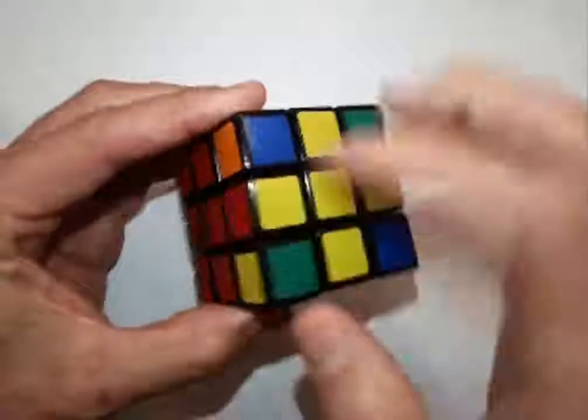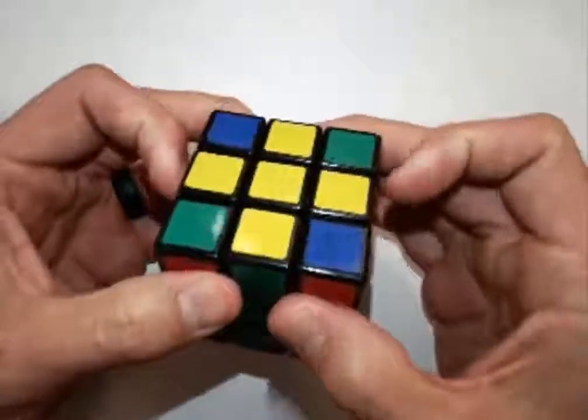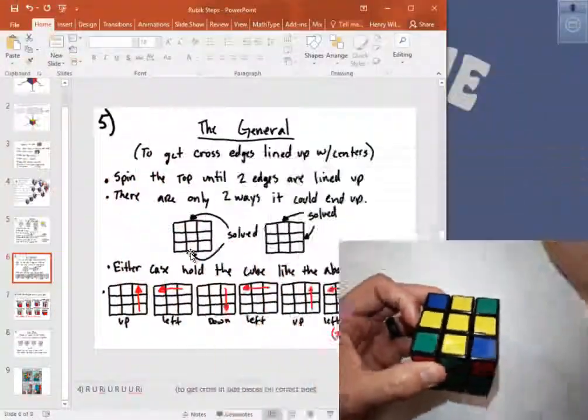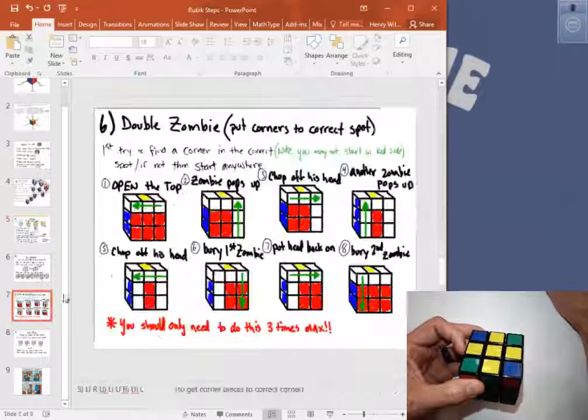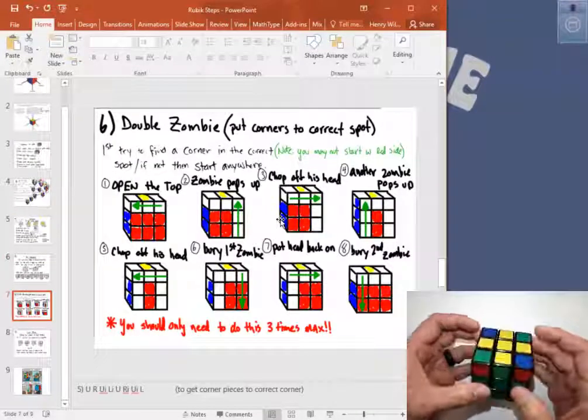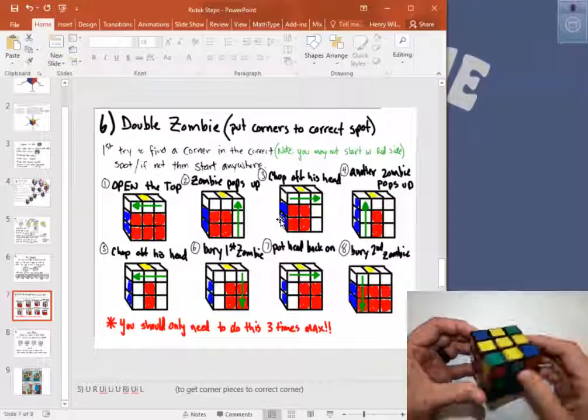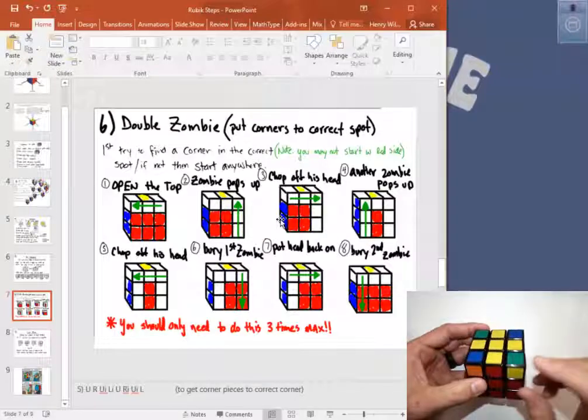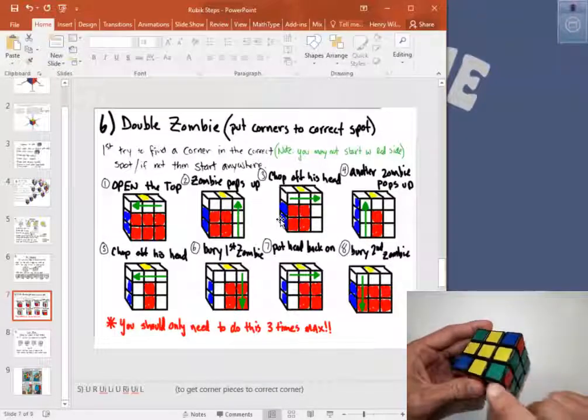Okay, and so now we've got all of the cross side pieces all lined up. And so now my next move is to get, I call this the double zombie, or I used to call it the snake, but it's to get the corner pieces in the right corner. So let me explain what's going on here. This corner piece,